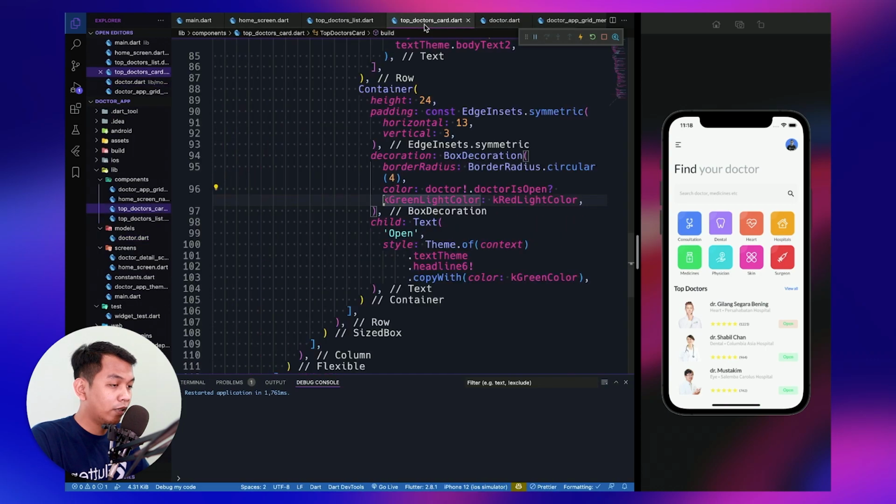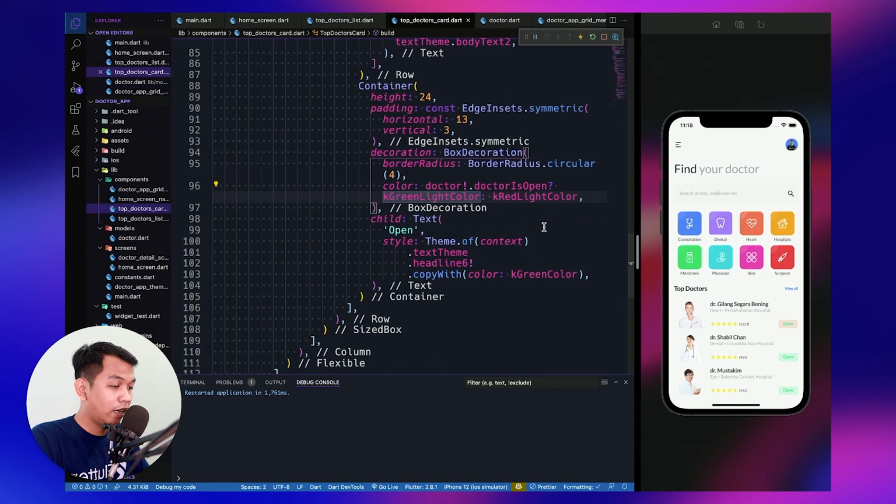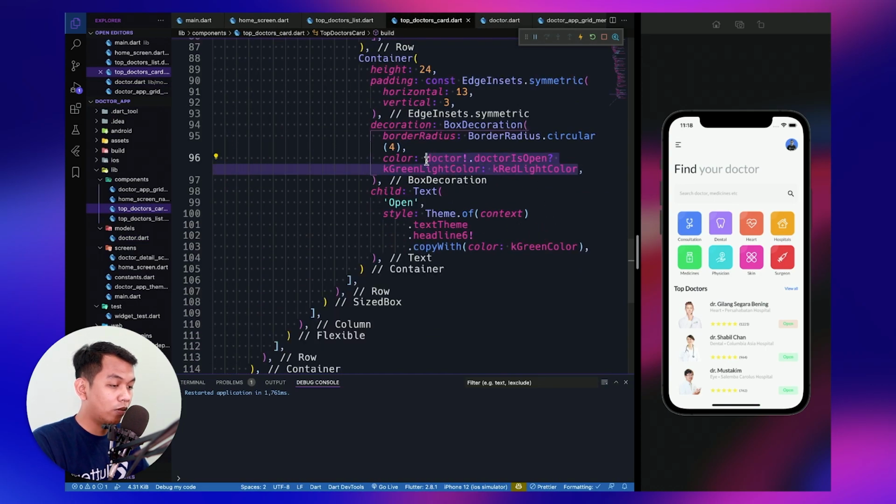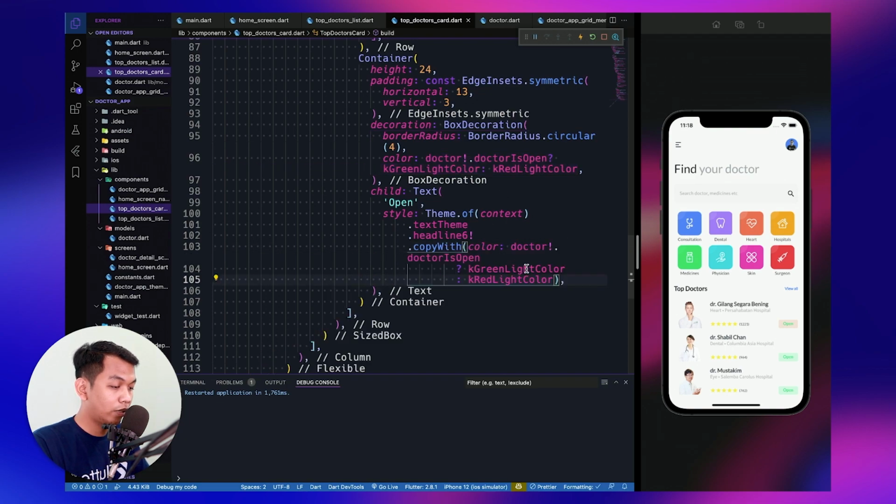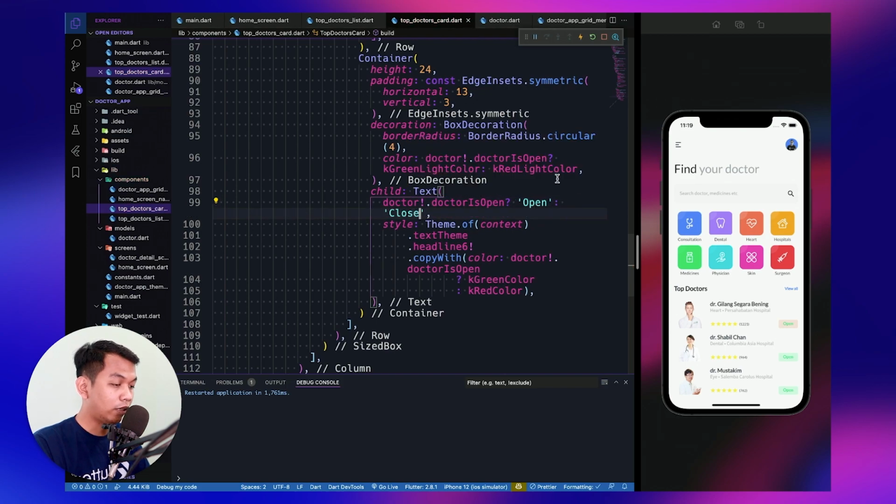And let's go back to our top doctor card, and now we also need to copy this here and change this to green and this to red. Okay, and we need to copy the statement here. We need to check if the doctor is open is true, set it to Open, and when it is false, set it to Close.